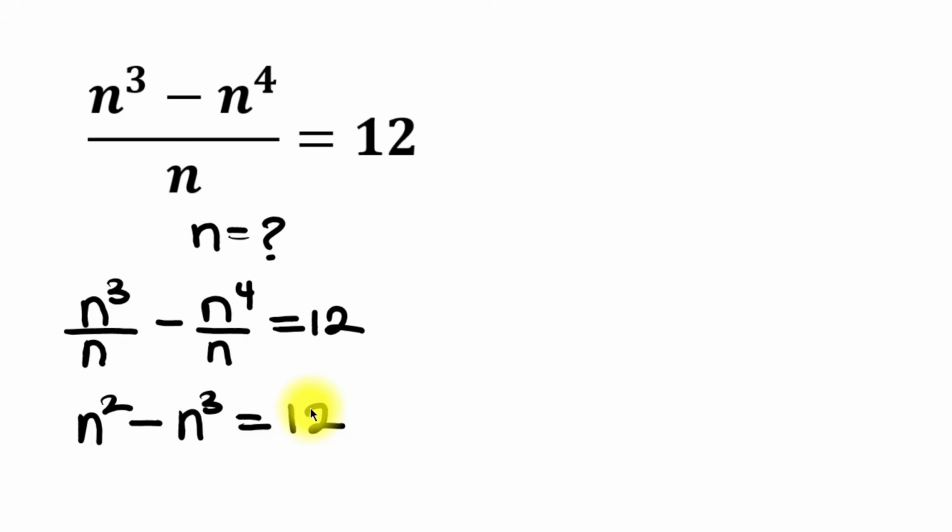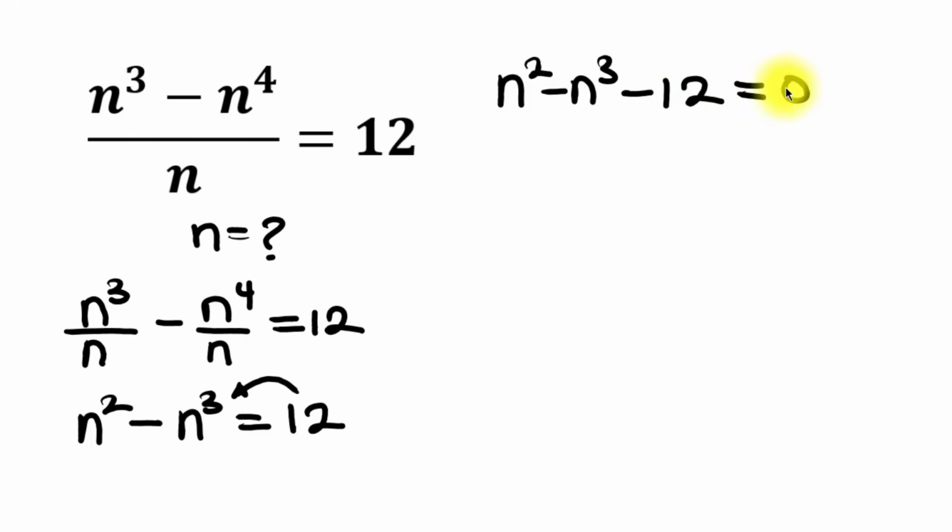Very good. Now our next step will be for us to move 12 to the left-hand side. This is n squared minus n cubed, and as 12 crosses to the left, it becomes negative 12. And this is equal to 0. Well, we can simplify even further. So this is n squared minus n cubed minus